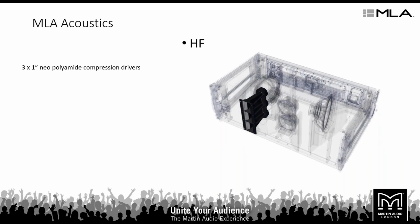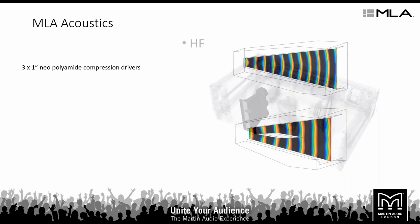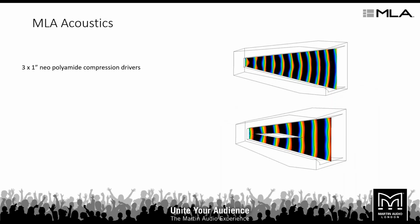So 3 HF units there. So we have 3 1-inch neopolyamide compression drivers. There's a little bit more to it than simply just having a horn in front of a compression driver there. There's also a wedge that is placed inside the horn throat. This effectively allows us to flatten the wavefront exiting the horn throat, so it's much more of a cylindrical pattern